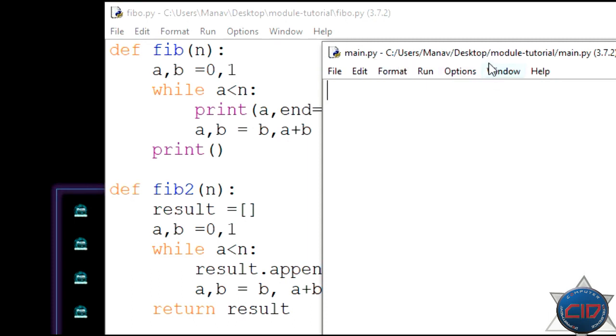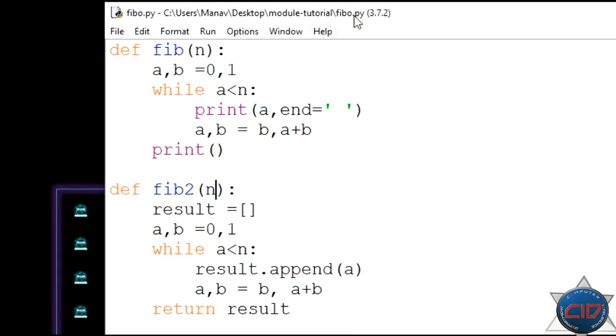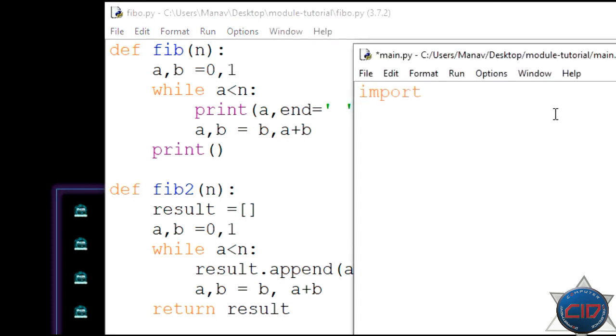These two are in the module tutorial folder, so it is in the current directory and I can directly import my module. As you can see, the file name is fibo.py, so the module name will be fibo. So now I'm going to import fibo, and it will be imported.